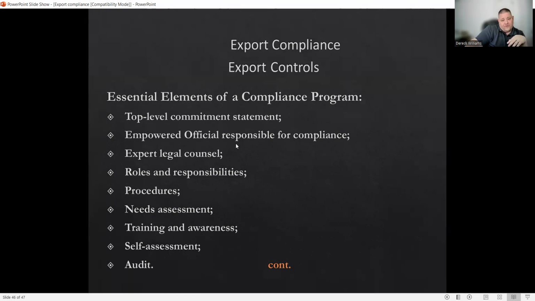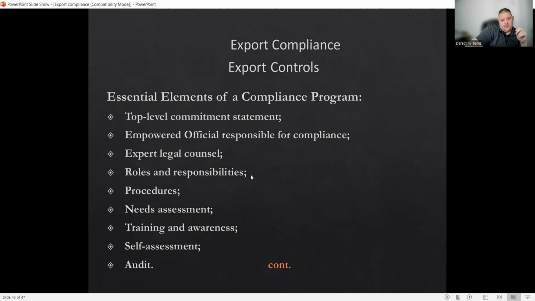You have to have an empowered official responsible for compliance. So that's somebody who, regardless of other demands, right? In a manufacturing setting, this is somebody who is not responsible for on-time delivery. They're not responsible for how you make the part. They are responsible for ensuring compliance, and above all else, that is their role. They have the authority to ensure compliance before anything else goes. You should have a provision on when and where to get expert